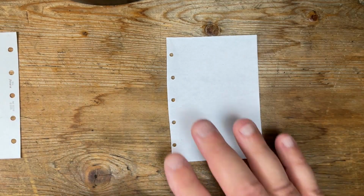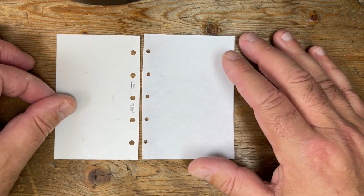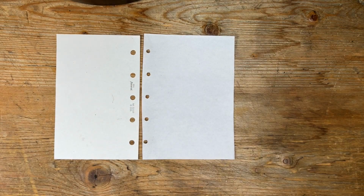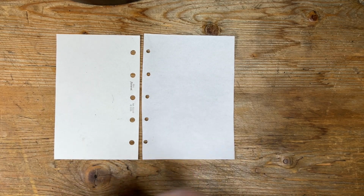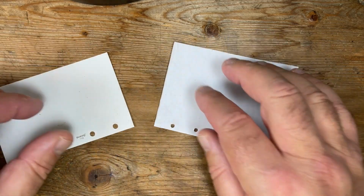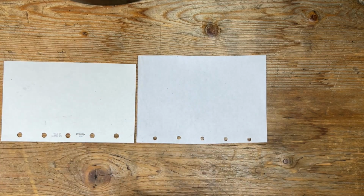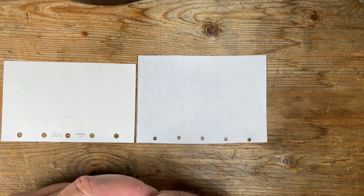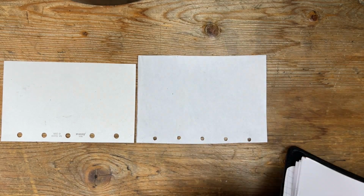I'm moving around here, trying to get things tidy. So if we look at this, there's not much difference in height, maybe about 2 millimeters between the mini-sized Filofax paper, the official size, and A7. Not a lot of difference in it. But if we look at this way, doing it this way round, there is a significant difference, isn't there? And the reason for that is because if you are using dividers in your binder, you want to have some space for